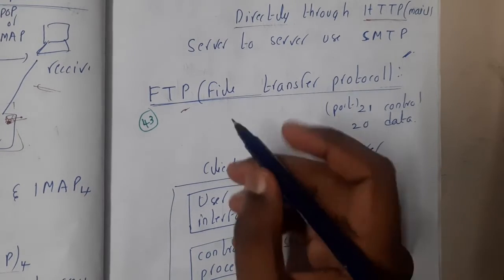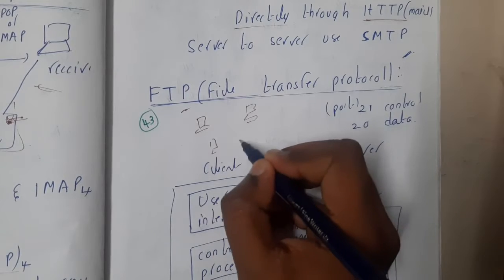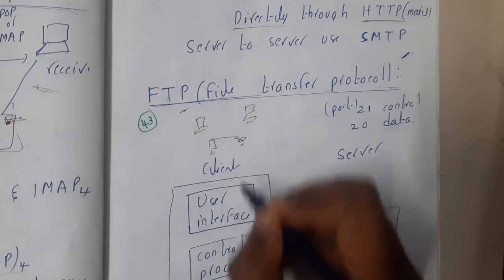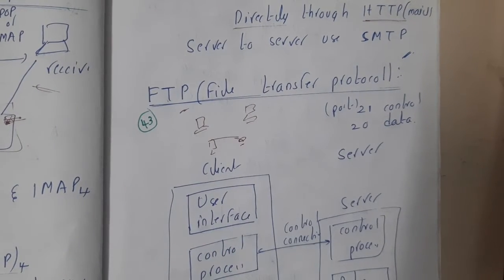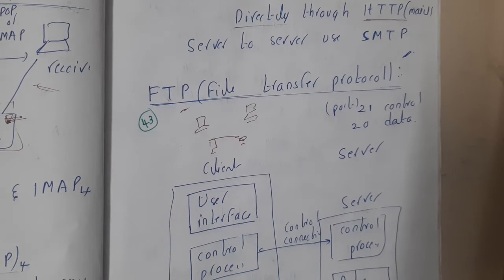Assume that you want to send some files from your system to another system, or from your system to a pen drive. At that time, you will copy the files, right? Indirectly, if you want to do the same process with the help of a server, sending files to the server or downloading files from the server, take an example of Google Drive. You can upload your files and download your files, right? So here you will follow the concept of FTP, guys.